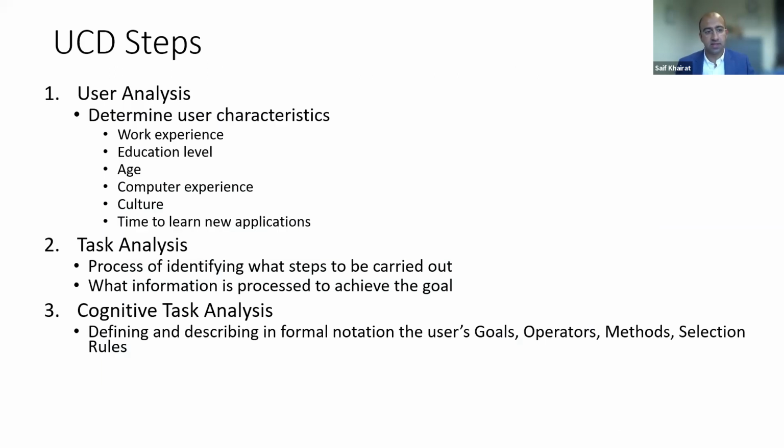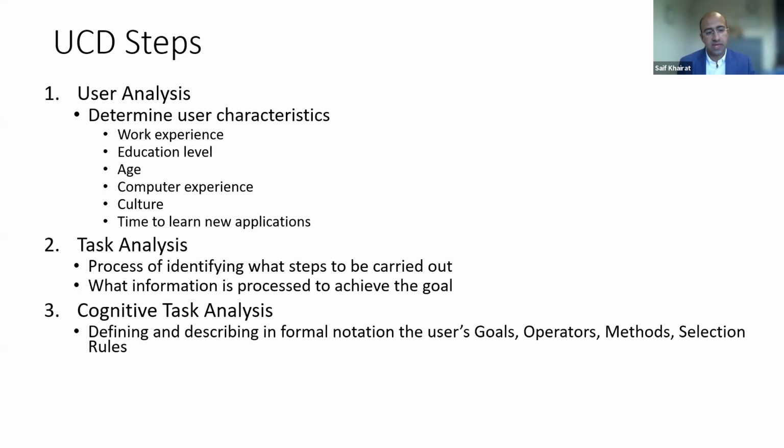So there are 3 main steps in UCD. The first one is to understand who is my audience, who is my user. We do that by understanding the characteristics of the user, their education levels, their age, computer experience, culture, and time to learn a new application. So it's a comprehensive user analysis. Why that's important is because these are the people who will end up using the system, and if we don't design the system based on their characteristics and preferences, it's not going to be a very effective